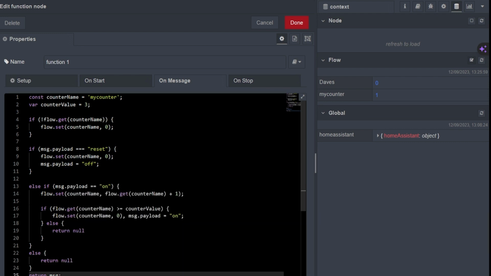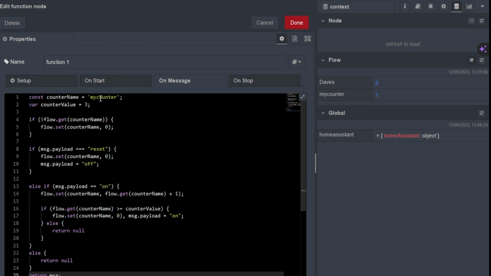Okay, it looks complicated, but that's all the code done, and I'll give you this code. You don't need to change anything else. The only thing you need to change is every time you use this function node, give it a unique name, and that's why we're using the variable here, because otherwise you'd have to put in your unique name elsewhere in the code. So we're using a constant here to replace the name that you give it and fill out all the code for us.